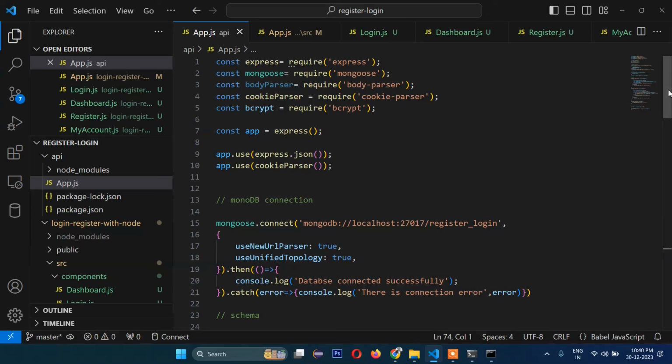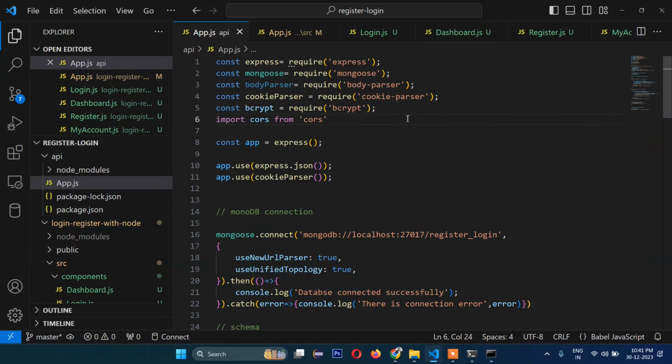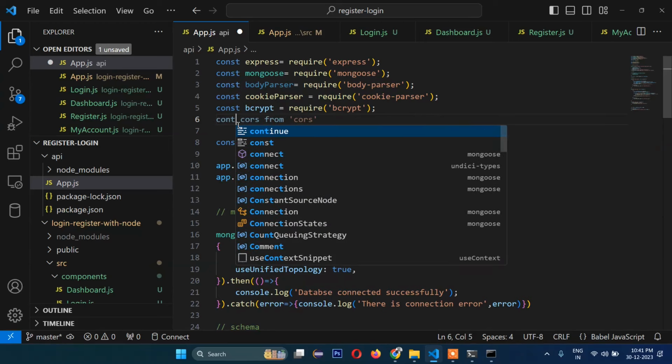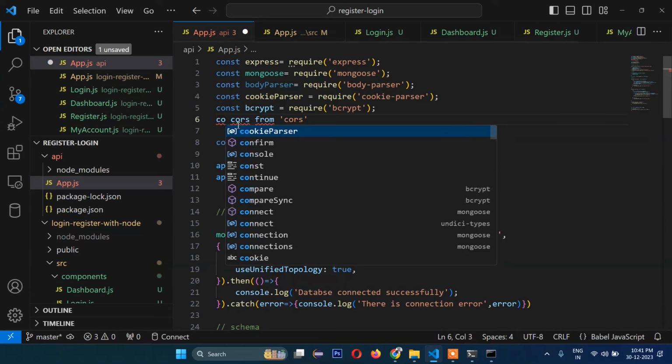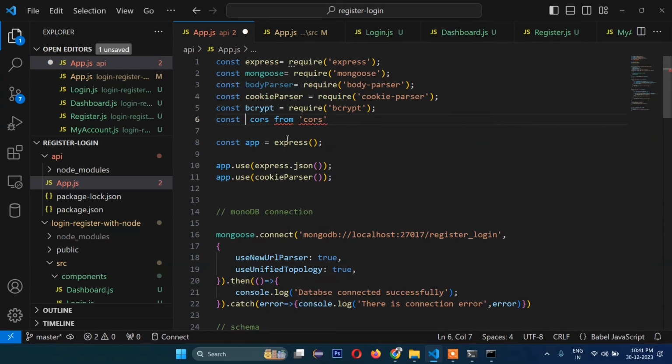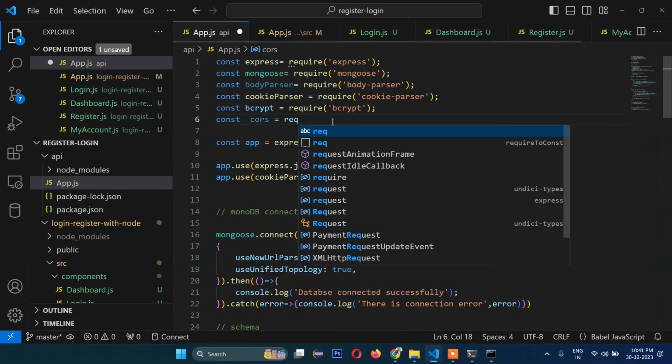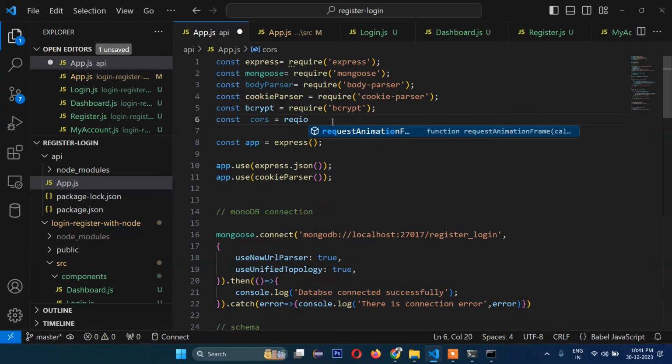So let's import here, import cors from cors, or simply we can say const cors equals to require cors,